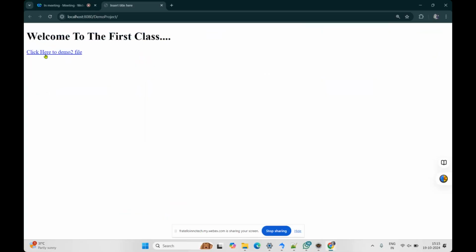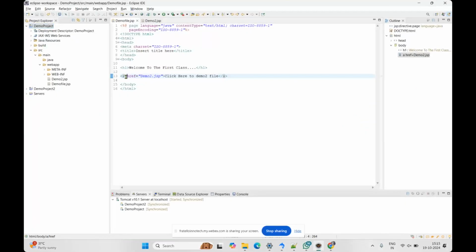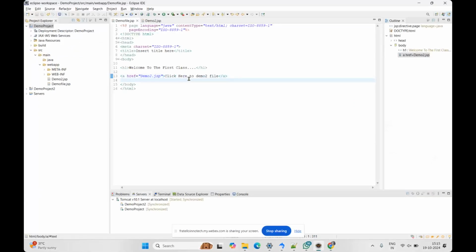have given a link which we have used here anchor tag. Okay, when we use anchor tag, in between we have given the text, right? Click here to demo file, it will show us as a link. Okay, if not, we can give this link it as here, and when we gonna close this tag,